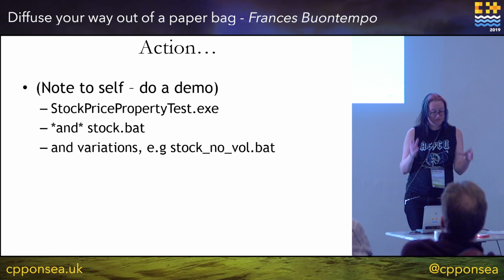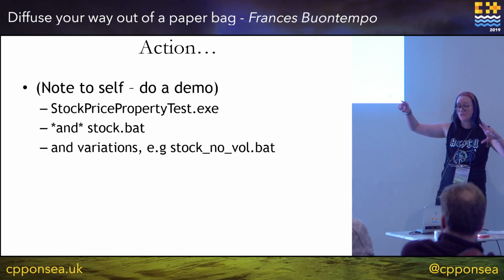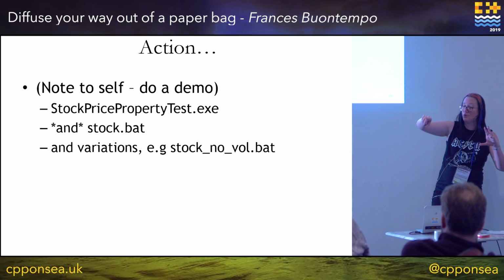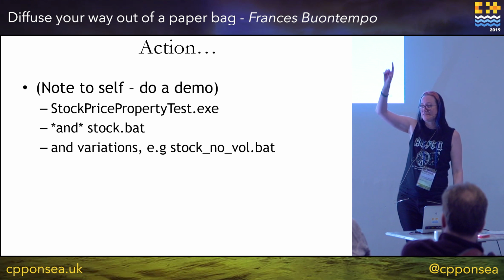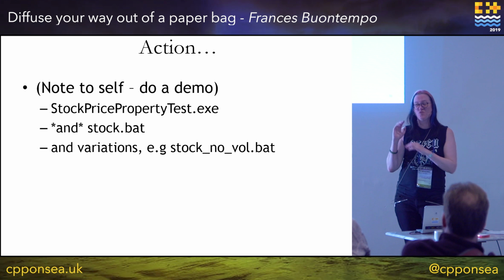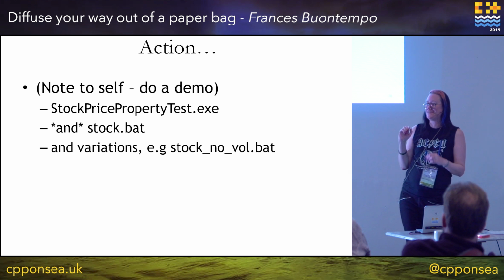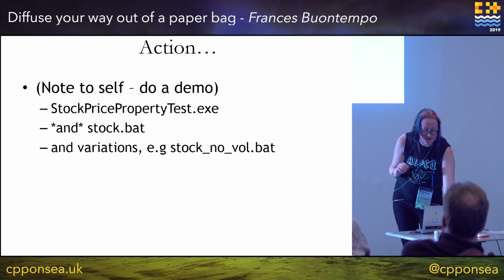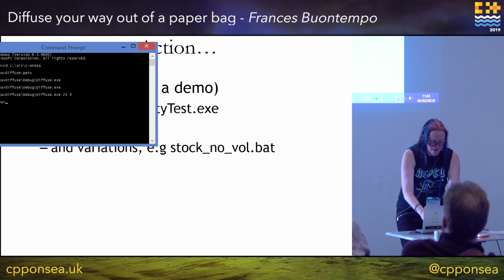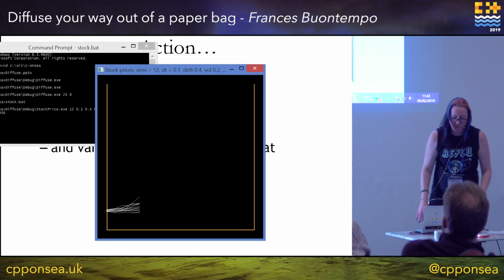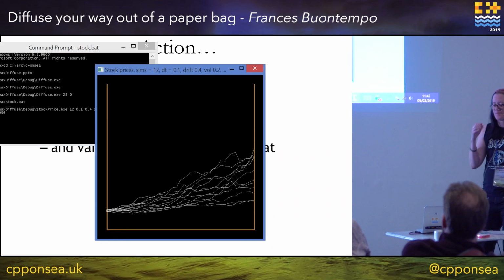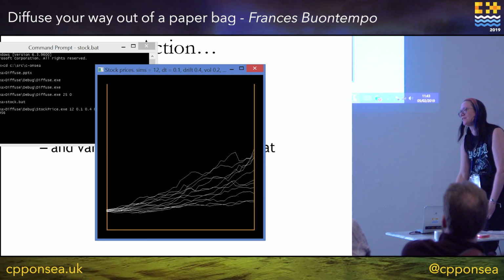And now let's do this stock price demo. So this time we were doing some drift with some wiggles. I've got time on one axis and the stock price on the other, which will look remarkably like the paper bag in the previous demos. And they may or may not get out of the paper bag. Got a batch file this time, so I can't remember which parameter's what. Oh, look.